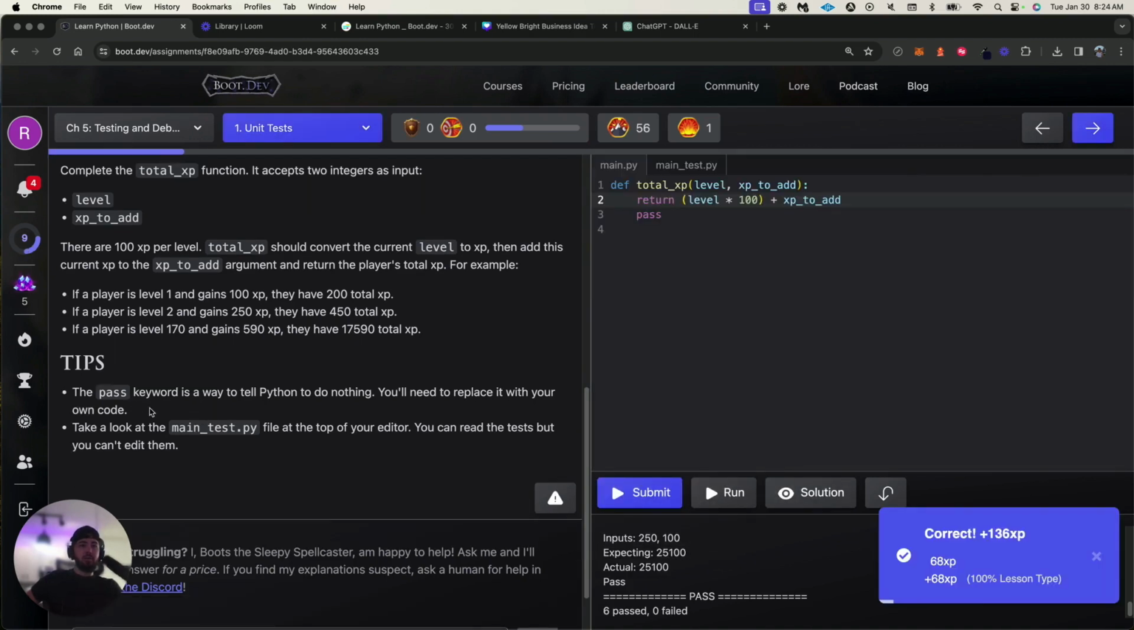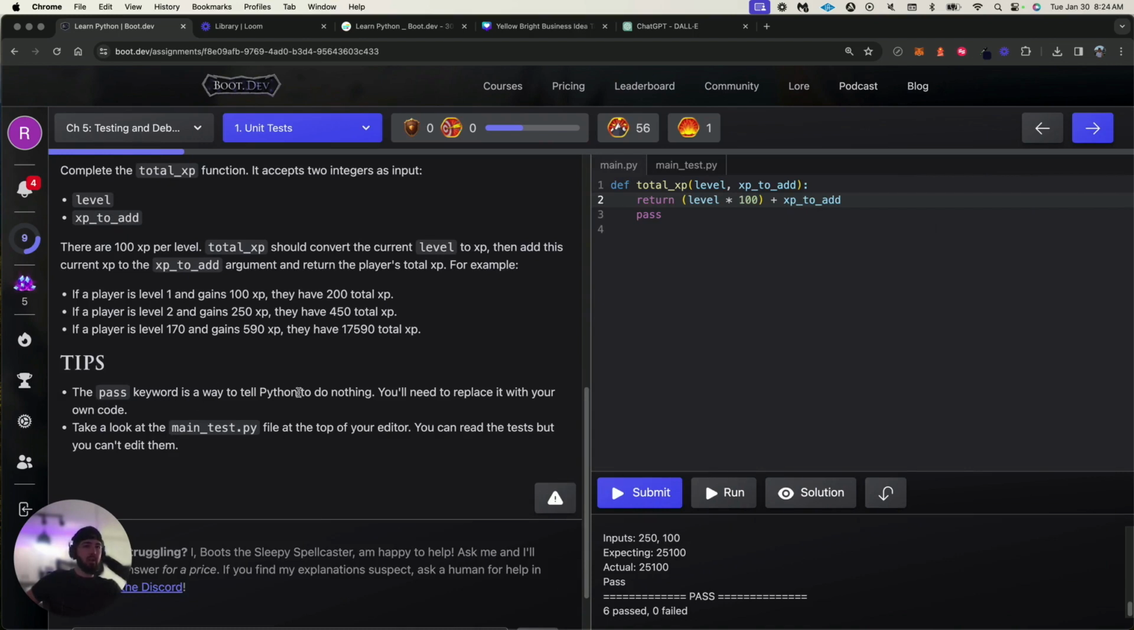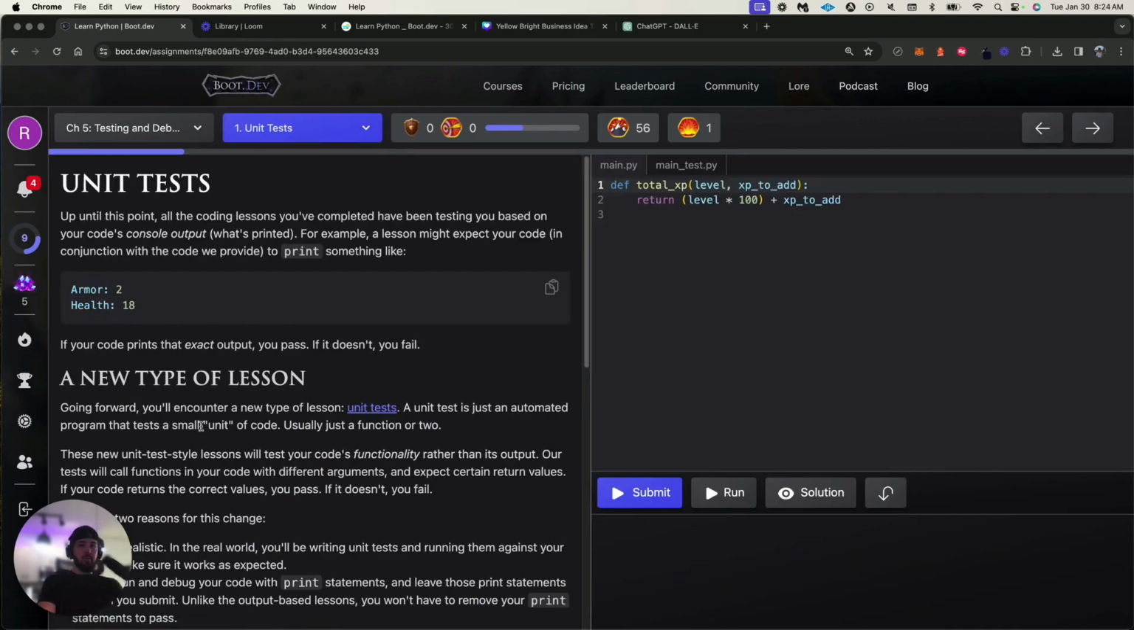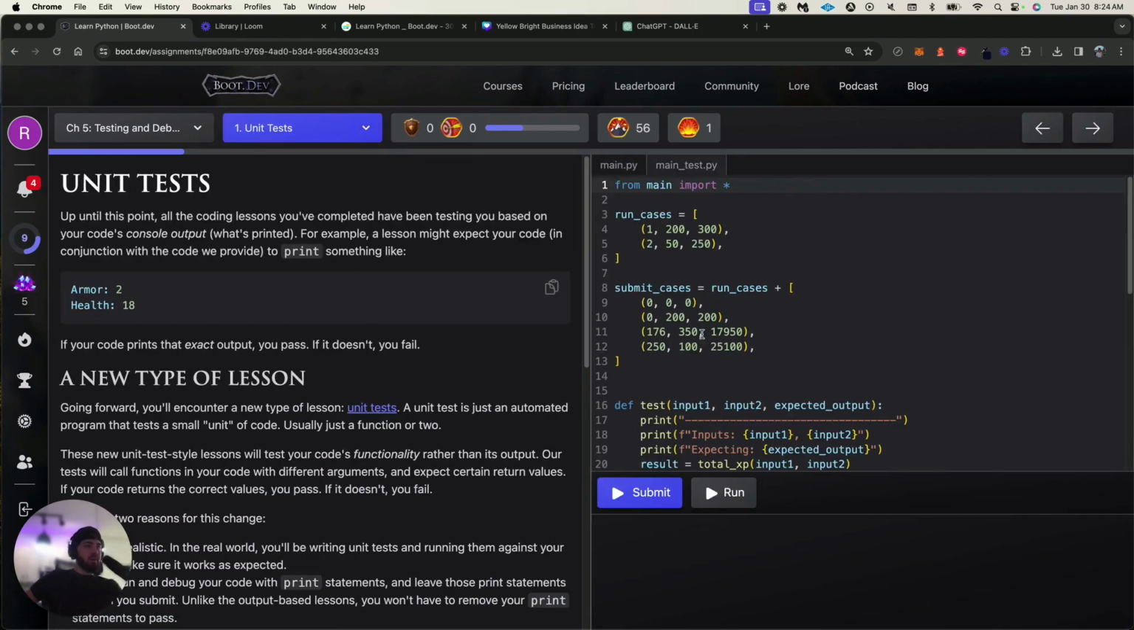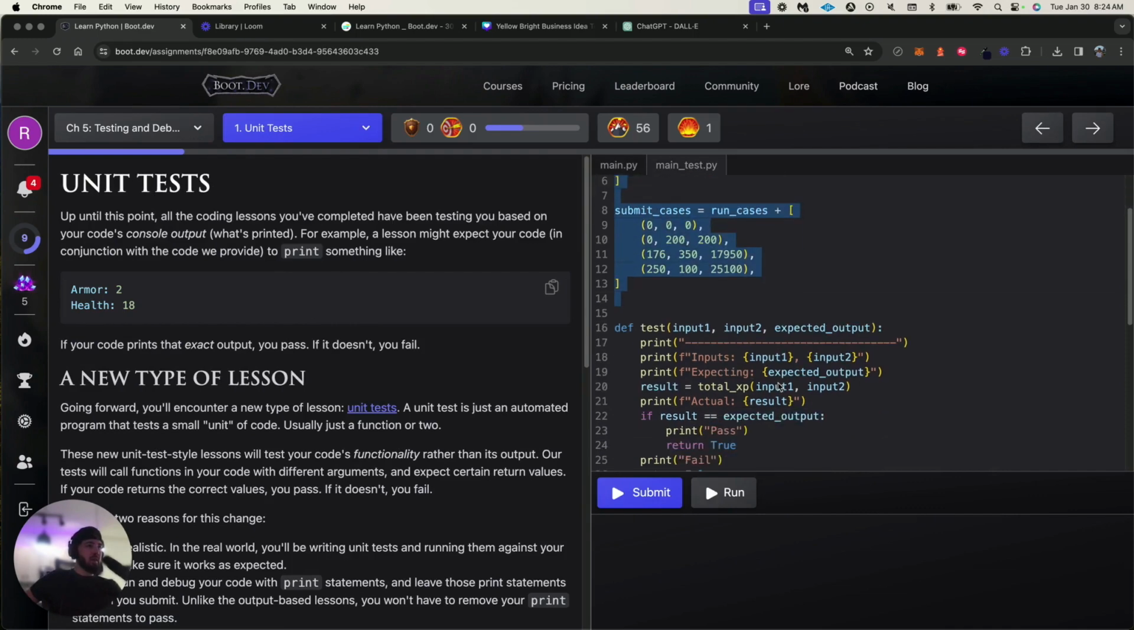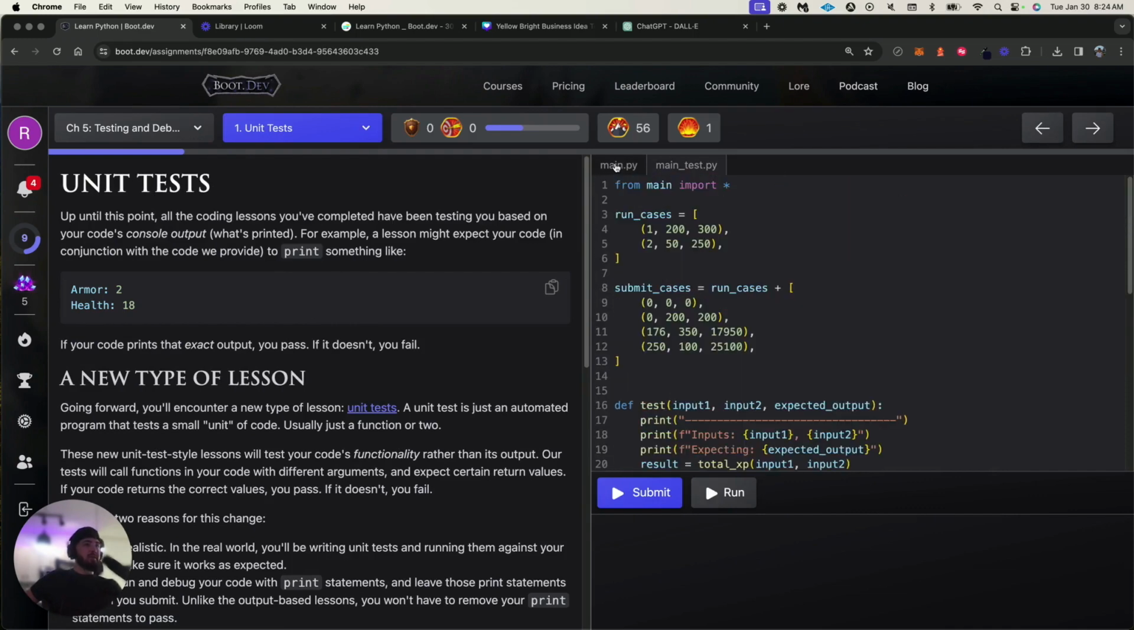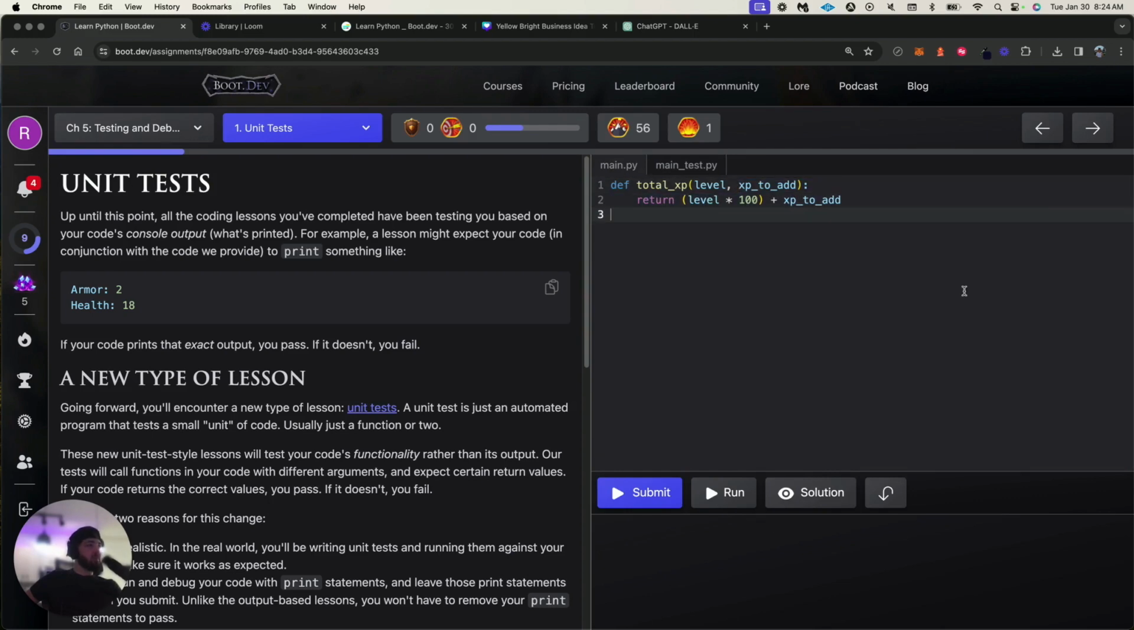Look at that, folks. The pass keyword is a way to tell Python to do nothing. You'll need to replace it with your own code. Okay, so just remove the pass keyword. Wait, what did it say about main tests? Oh, we had a test file. Okay, sweet. So this is how it does testing. See, it's a ton of stuff. So this is why testing is a little bit